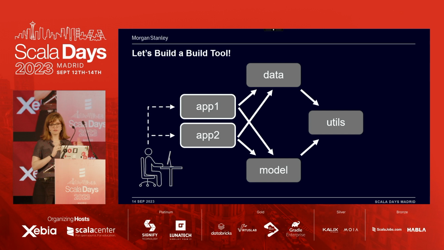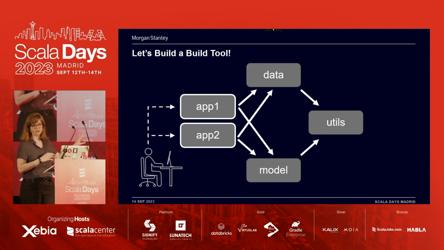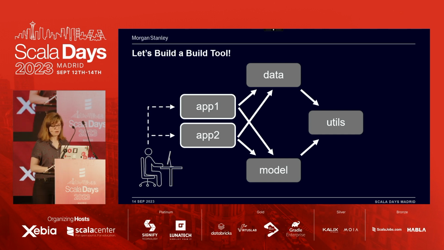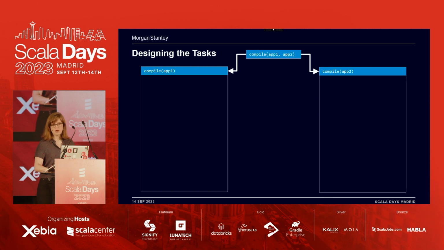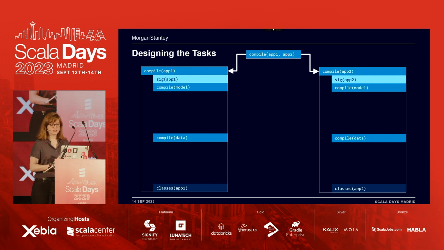Oh, and to be specific, we're going to focus in on compiling for this section because the libraries and the packaging is not as important for this. So we're going to compile app 1 and app 2. And let's start to build the order of our tasks that we're going to have to run. So for each of these compilation tasks, we're going to need to extract the signatures. We're going to need to compile the upstream scopes. And then we're going to do the rest of our task, process the classes.